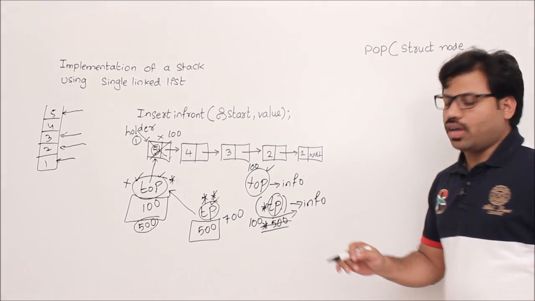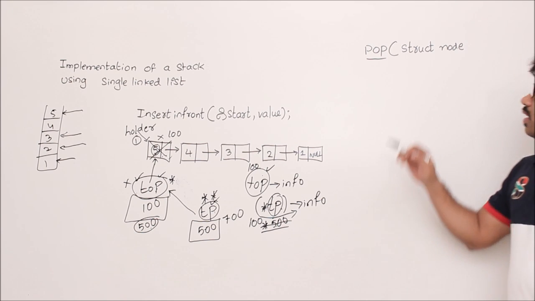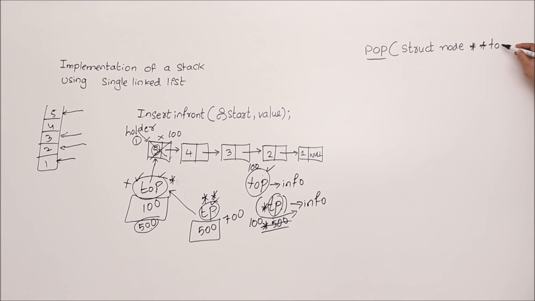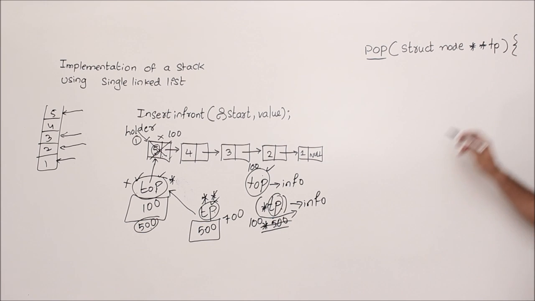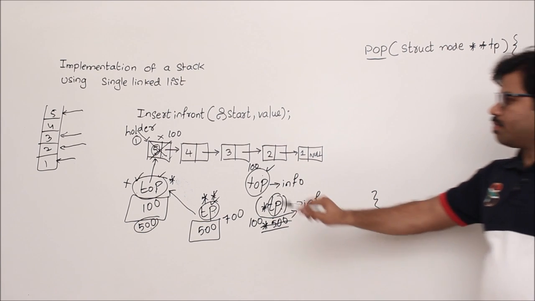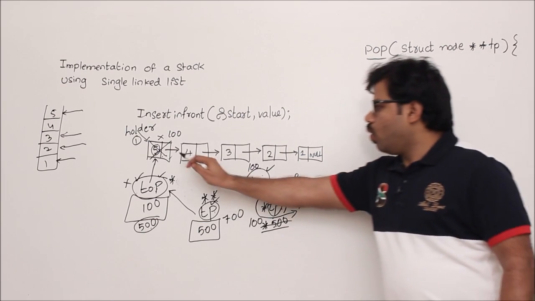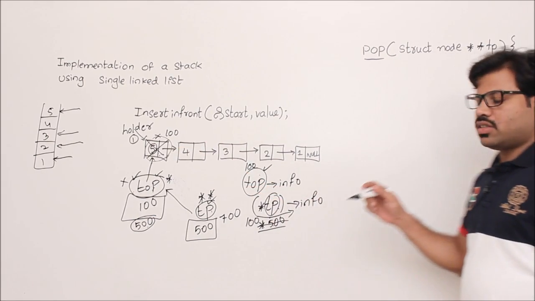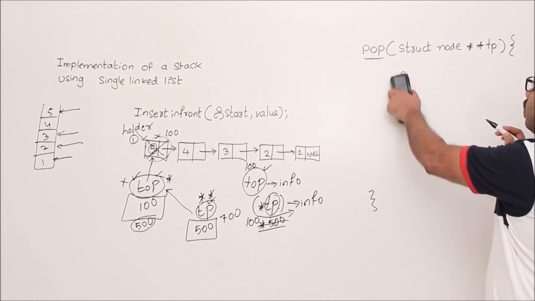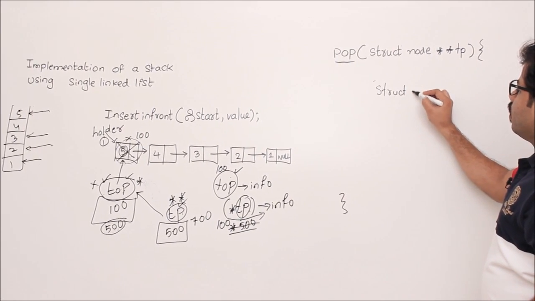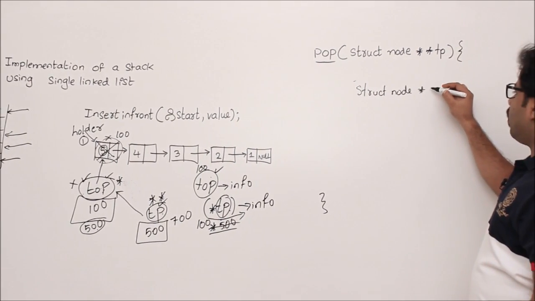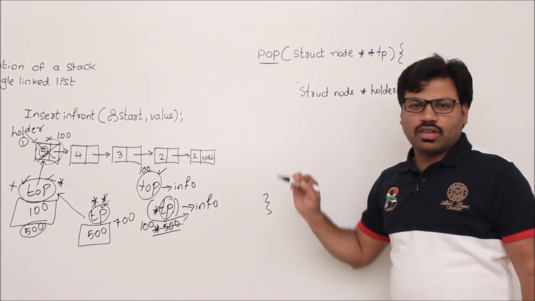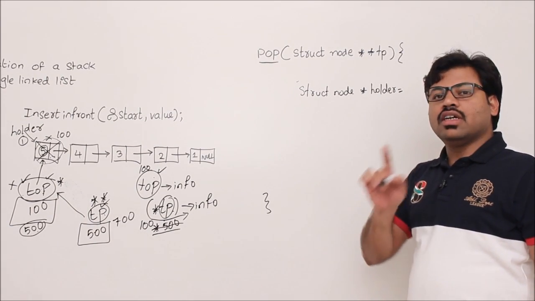Okay, same thing I am going to do now. So we have a method called pop. That method has one variable called TP, that is a double pointer, struct node **TP. Now using that I would like to modify this top. What is the first step? I said I would like to hold this box. Who is capable of holding these linked list boxes? Struct node pointers, correct? Let me create one pointer, that is a struct node pointer. What is the name of that? Holder. So this holder is going to have what? The first box address. Currently who is having that first box address? Top.